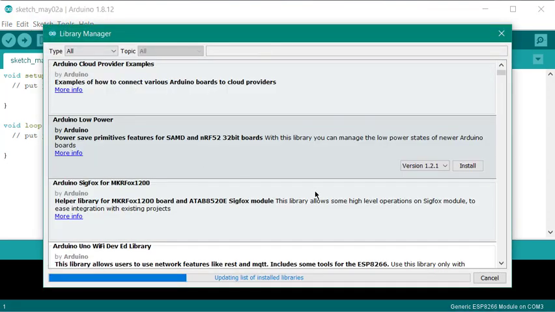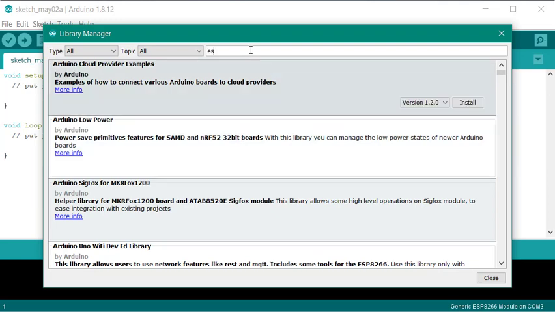Here you have to install your libraries. I am using ESP8266WiFi.h and FirebaseESP8266.h. You have to install the libraries before you write the program. So search for ESP8266, just write Firebase ESP8266.